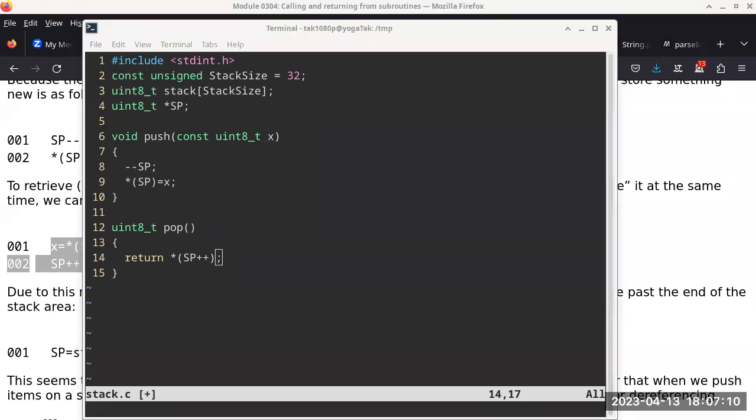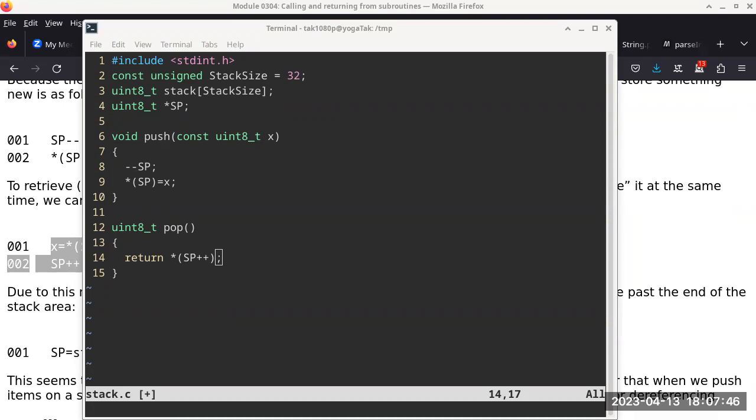All right, so are we good so far? Question? First, the incrementing of the SP or the returning? What do you think? Okay, so the question is, what are we incrementing on line 14? Are we incrementing the stack pointer or are we incrementing what it is pointing to? According to the parentheses, what happens first? SP++ happens first, right? So that means the increment applies to the stack pointer and not what the stack pointer